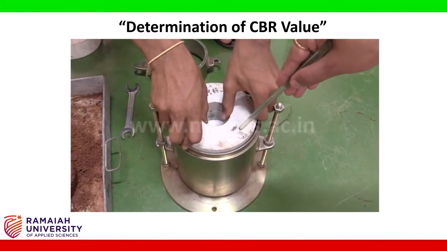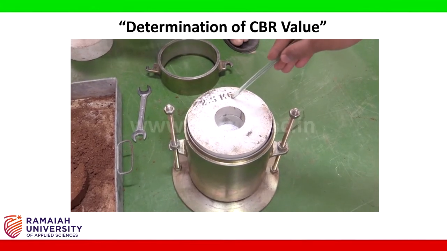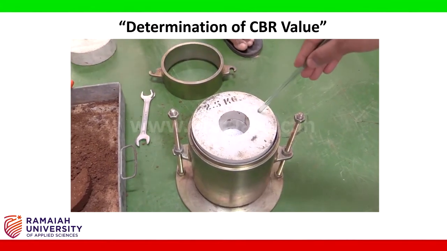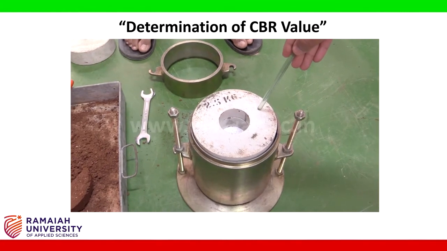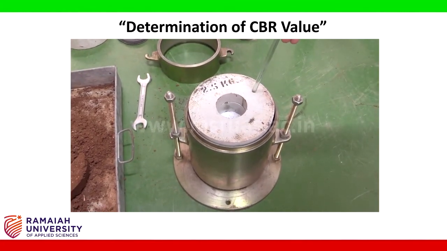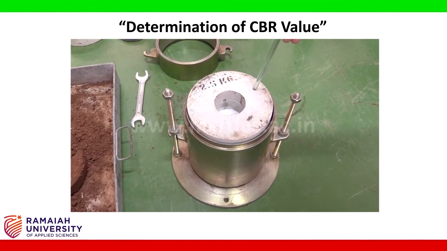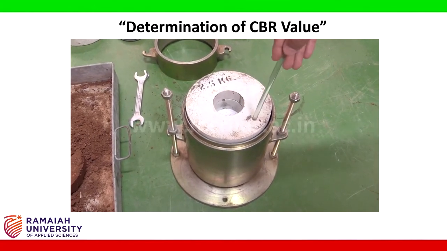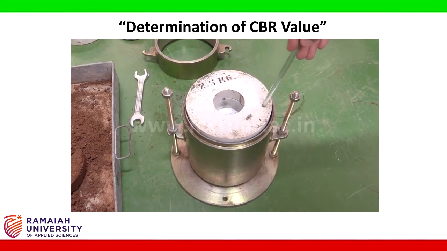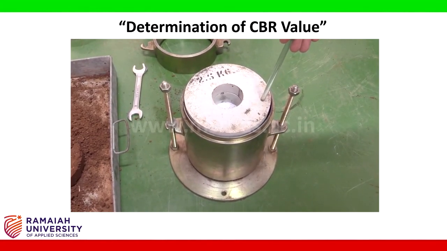Each one of these plates that we have weighs 2.5 kilos. Once we have placed it, it is now time to start with the testing process. We can test the specimen in the dry condition like the way we have prepared the specimen now, or we can have a soaked CBR by soaking the whole specimen along with the surcharge weight into a bucket of water, which we call as the soaked CBR test.